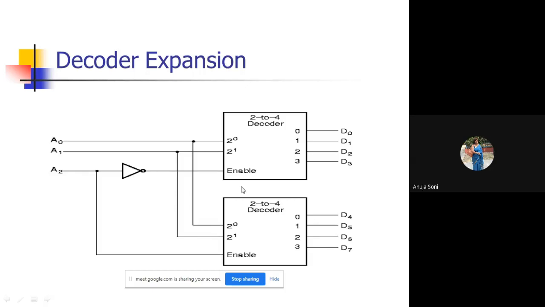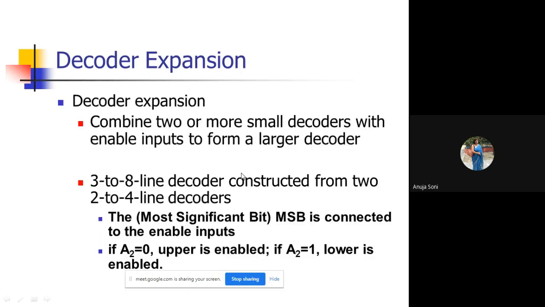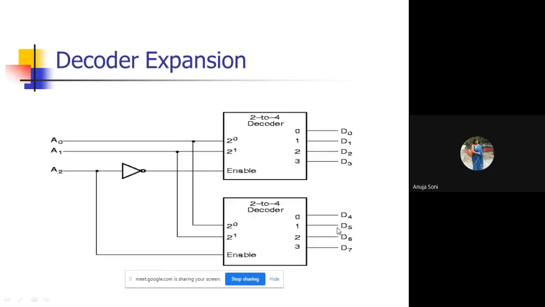Constructed using 2:4 size decoders, and its most significant bit is working as the enable signal. And whenever the value of this most significant bit is 0, then the upper decoder is enabled, else the lower decoder is enabled. So in a way, it is going to produce 8 combinations of the output values